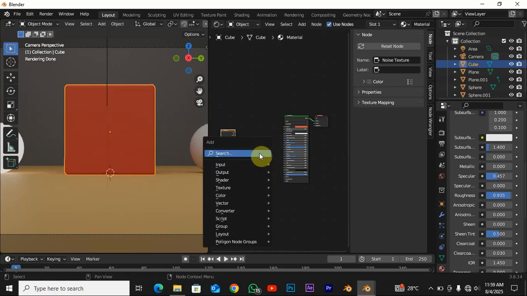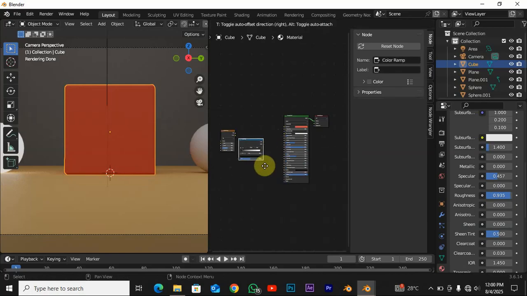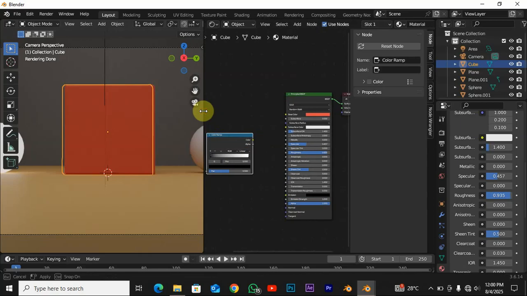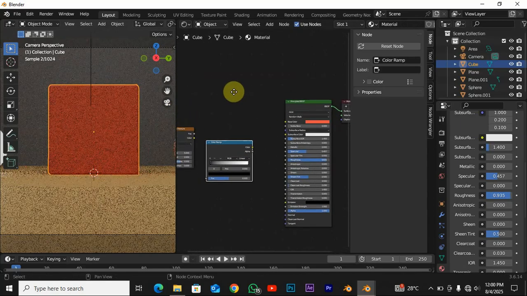That's Shift A, color ramp. Here I have color ramp here. Now then I bring it down here. So let me zoom in here. Let me adjust this to this side, and now